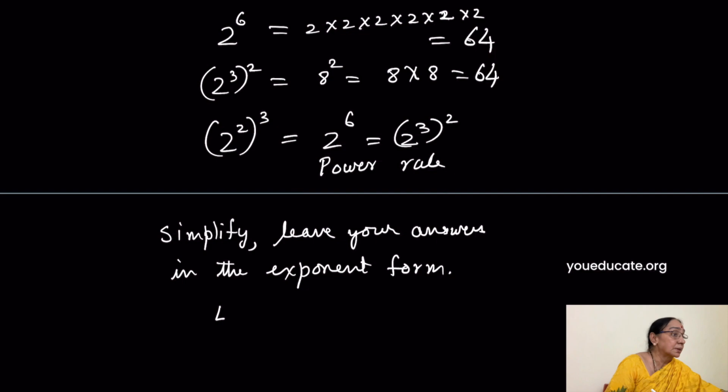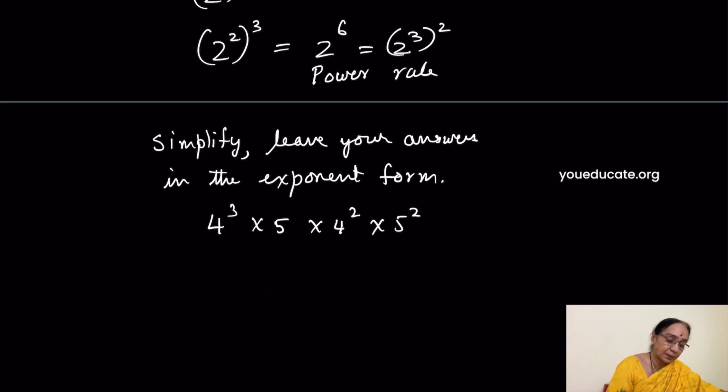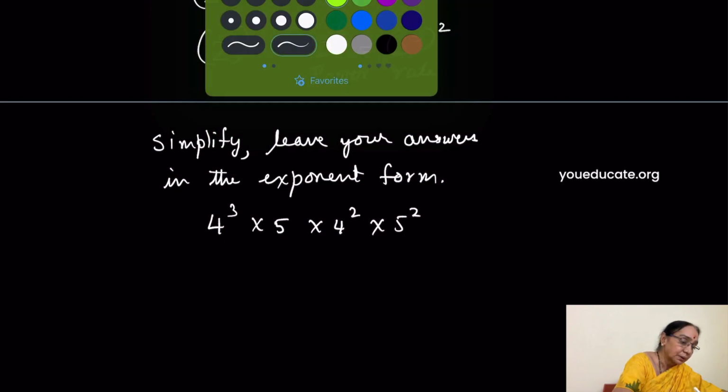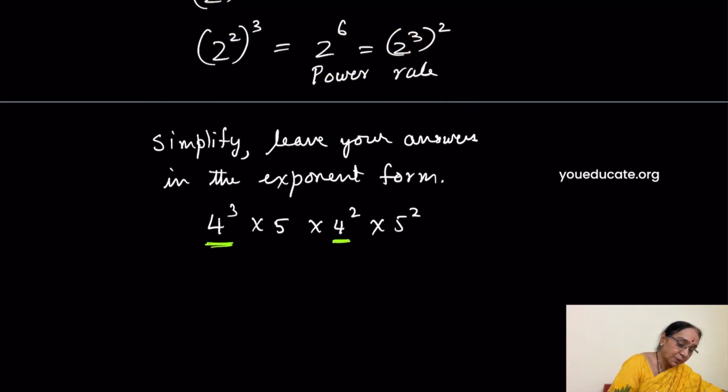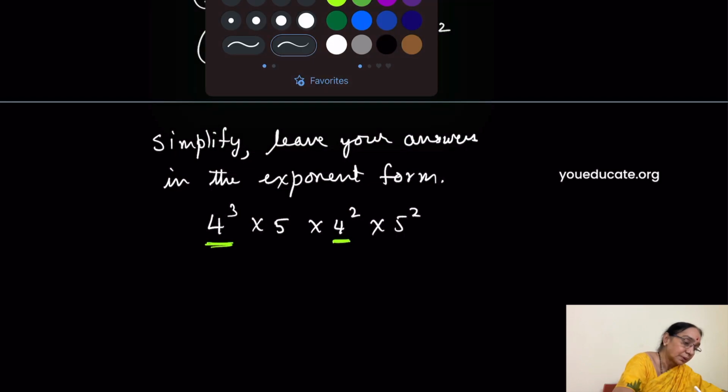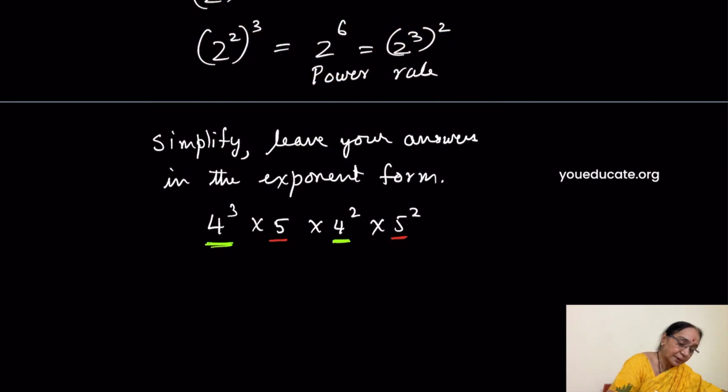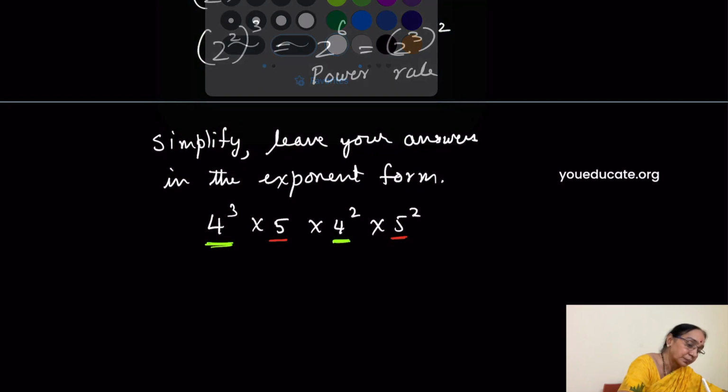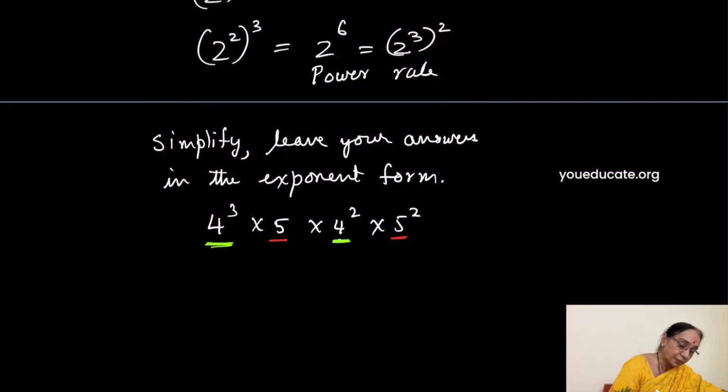So consider this: 4 raised to 3 into 5 into 4 raised to 2 into 5 squared. Now you have to select those exponents with the same base. So here these two have the base 4 and these two factors have the base 5. So we'll combine those. Now 4 raised to 3 and 4 raised to 2, when you multiply, you know that